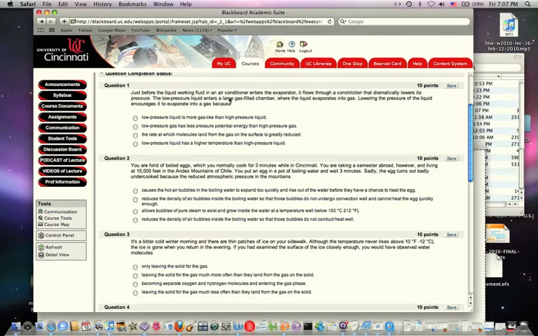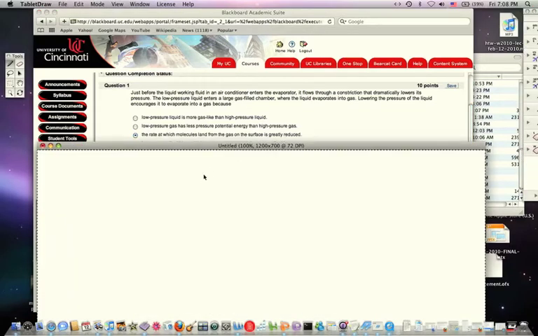Just before the liquid working fluid in an air conditioner enters the evaporator, it flows through a constriction that dramatically lowers its pressure. The low pressure liquid enters a gas-filled chamber where the liquid evaporates into a gas. Lowering the pressure of the liquid encourages it to evaporate into a gas because 1. low pressure liquid is more gas-like than high pressure liquid. 2. Low pressure gas has less pressure potential energy than high pressure gas. 3. The rate at which molecules land from the gas on the surface is greatly reduced. And 4. Low pressure liquid has a higher temperature than high pressure liquid. It's this one. And again, the idea is that when you have liquid and vapor in equilibrium,